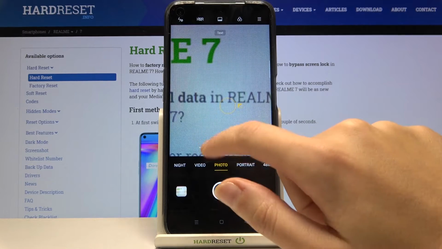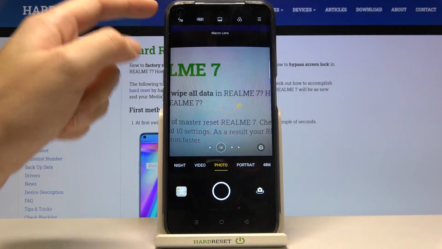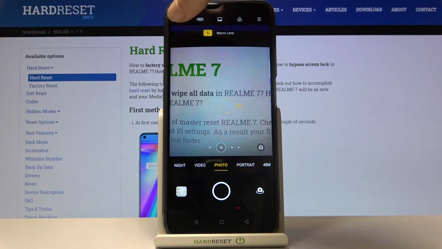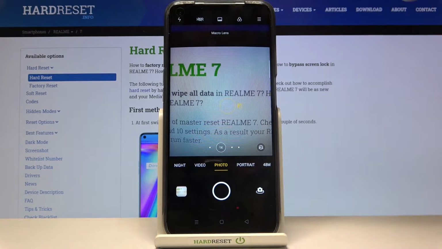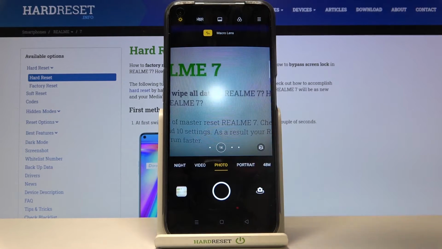Now let's stay on the standard lens and let's move to this settings bar. Let me start with the left corner. The first one button here is the flash. Here we can turn it on every time we take a picture. We can turn it on the auto, so the camera recognizes when it's needed, when it's too dark. Here we have also access to the fill light, so the torch, and here we can turn it off,